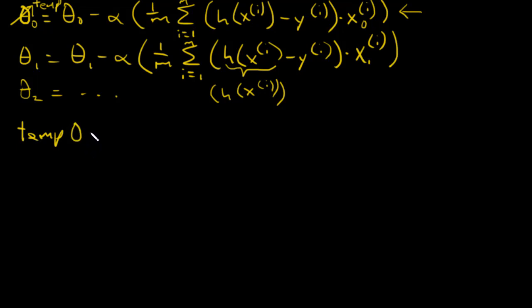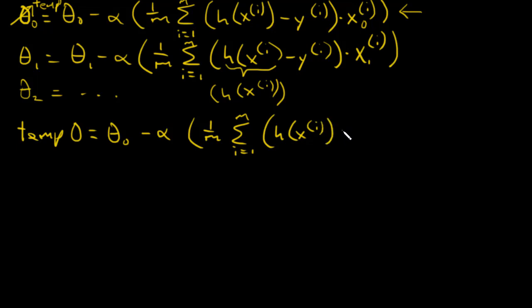Temp 0 gets theta 0 minus alpha 1 over m summation i from 1 to m of h(xi) minus yi times xi. Okay, so I use my old theta, I run through this expression right here,